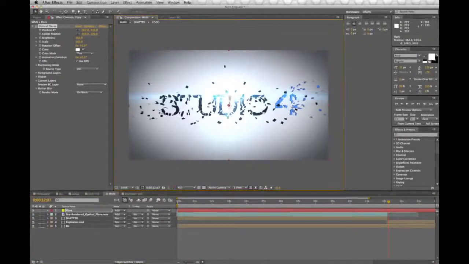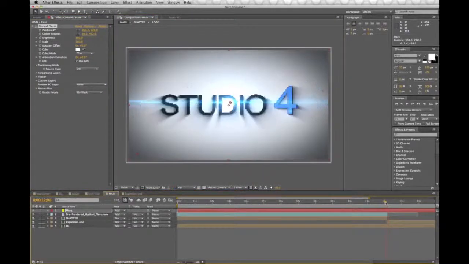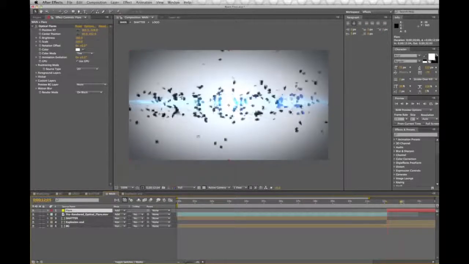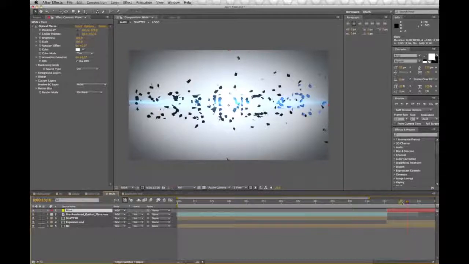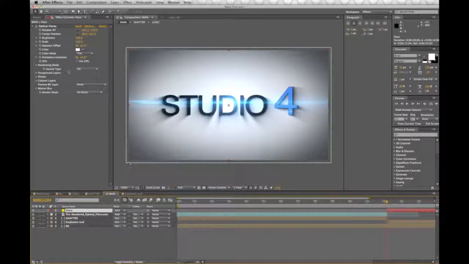Let's line it up pretty much right behind our logo, maybe even a little bit above it. And we'll adjust the brightness. And let's just animate the center position to go across the screen. Take our flare, make sure it doesn't come on until our end explosion starts. Right about there. The moment it starts, we'll take the center position,